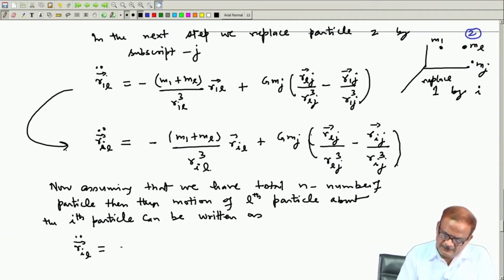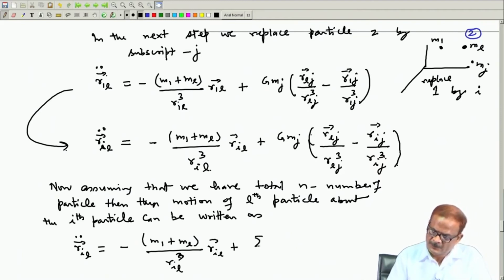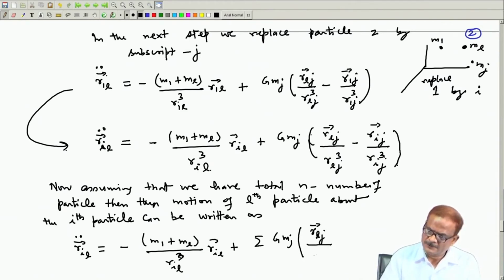Now, the perturbation terms will be more. Perturbation terms we have to increase. R I L whole cube, R I L plus, here the summation follows now. So, G M J, R L J by R L J whole cube minus